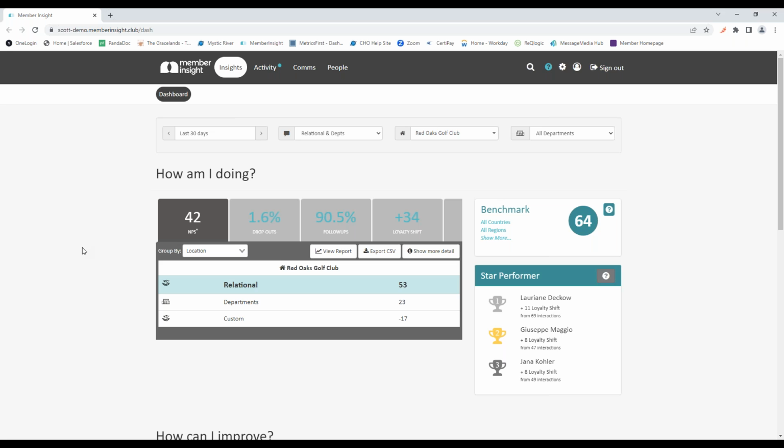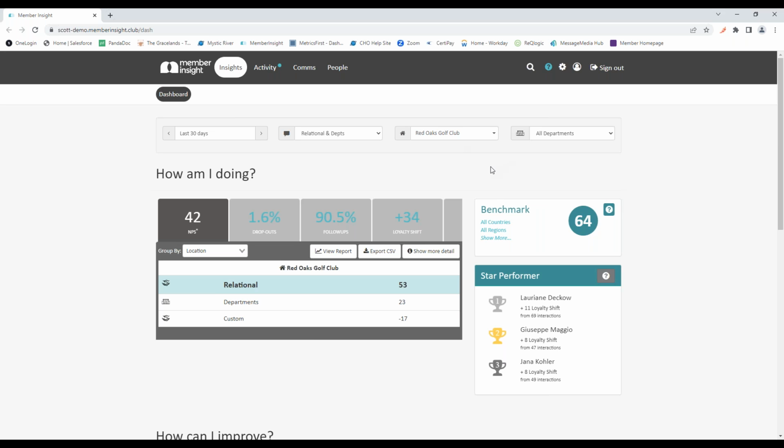Scores of 1 through 6 are what we call detractors. Those are scores that can hurt your NPS score. 7s and 8s are neutral scores. They don't do anything to the score at all. And then what you're really looking for are scores of 9 and 10. Those are promoters. That's what's going to increase your NPS score. Now, NPS scores can go anywhere from -100 being the worst to 100 being the best.